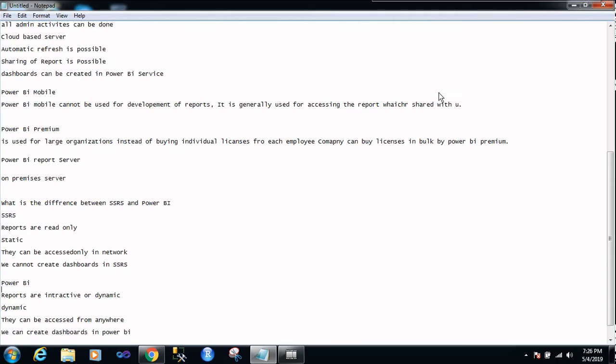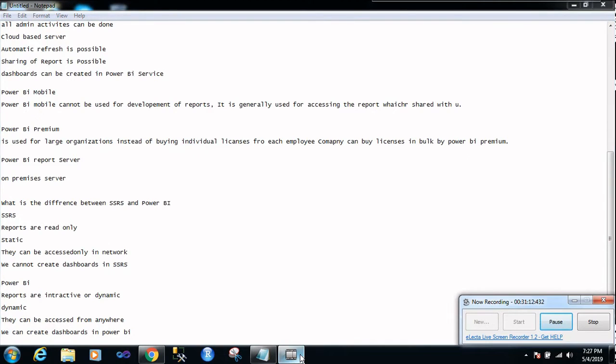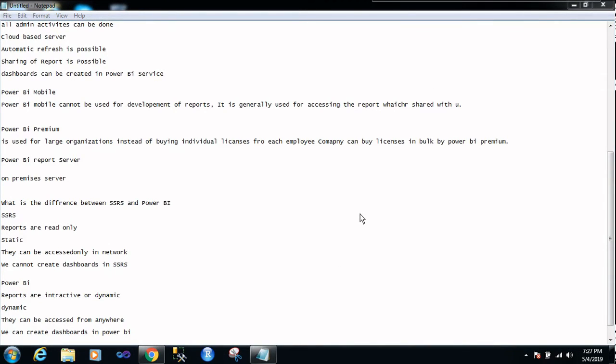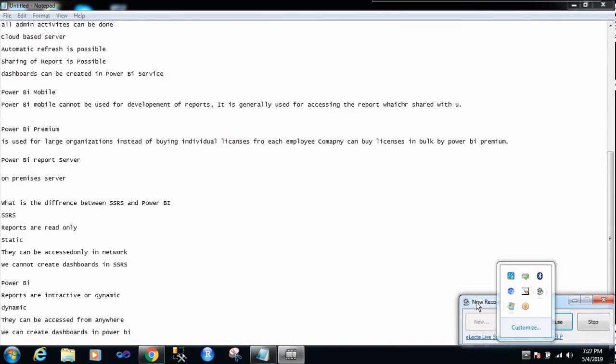Now we are going to see a brief introduction of Power BI: how we are going to work in Power BI and how we are going to start it. So let's start.